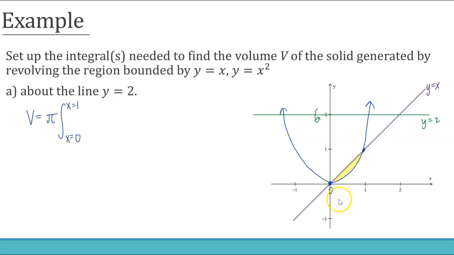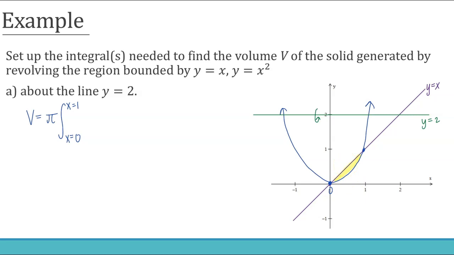Since these washers are going to be stacked vertically, we're going to be integrating everything with respect to x. So we're extending from x equals 0 to x equals 1. And we need that big radius and that little radius so that we can take each one and square them